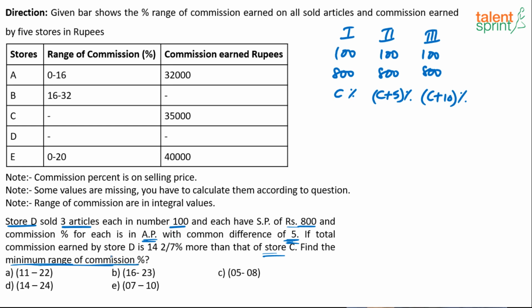So basically we need to get the range of commission. So range of commission is what? C percentage to C plus 10%, right? C percentage to C plus 10%. That's what we are looking at. Now,